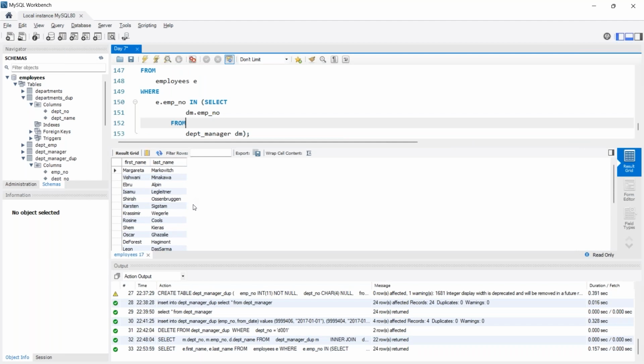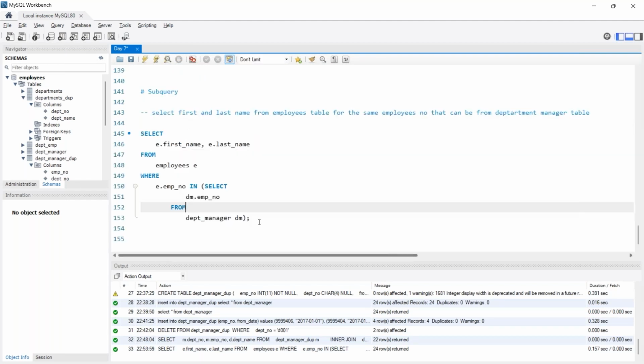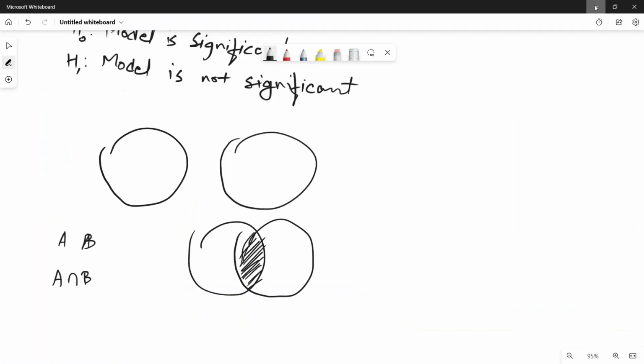So that's how you can apply multiple queries inside one query. That is nothing but the subquery. Understood, guys? Now let's quickly go to Python and see how we can